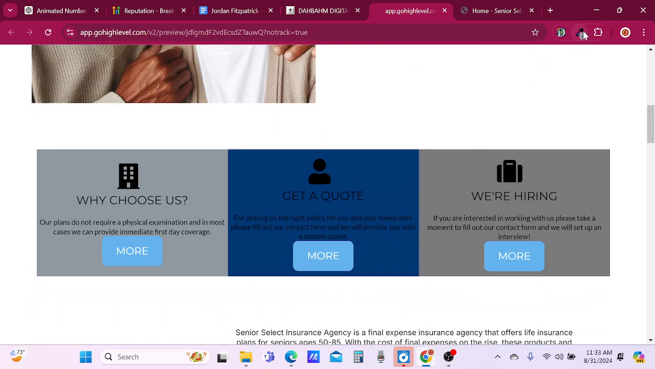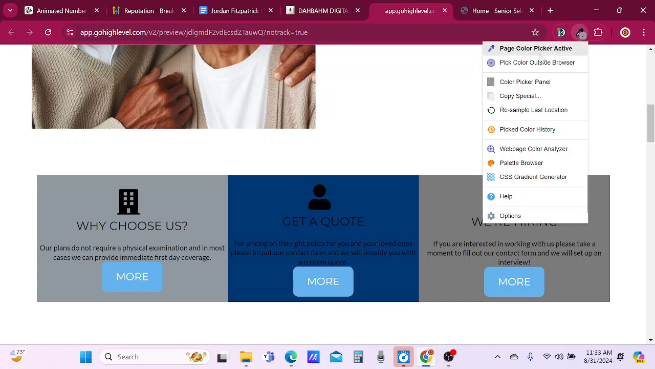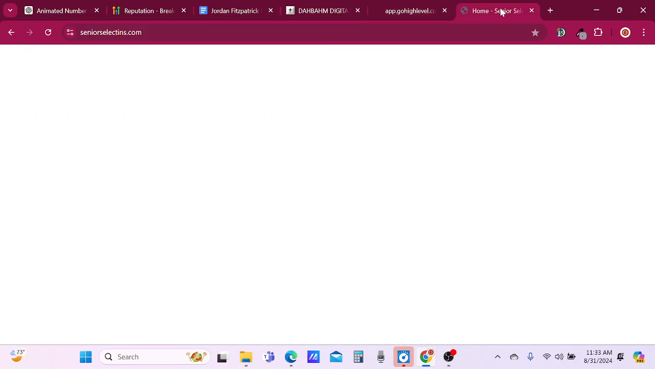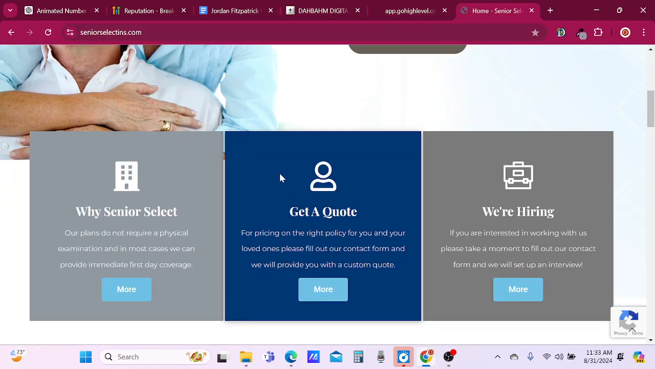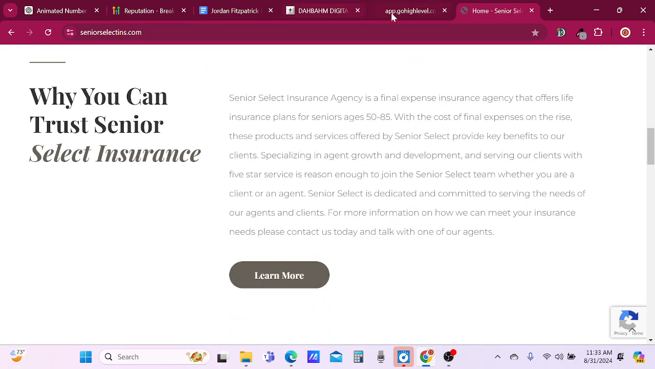The way I got the colors, if you've seen in my other videos, I use this extension called Colorzilla for Chrome, and I showed how to get this color picker right here. Basically, I use that to get what colors these are really quickly. And we have this section right here,